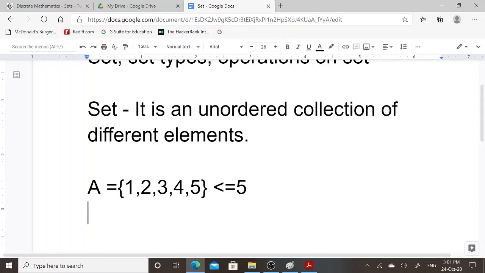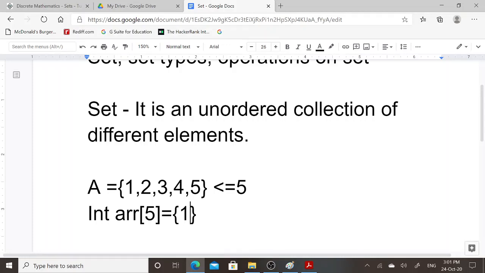For example, in the C programming language, how can you declare an array? First, you need to define the data type. Consider the data type is integer, that is int, then the array name, then you need to mention the subscript operator. Within the subscript operator, you specify the size of the array, equal to open curly brace, close curly brace, then the elements present in the array.